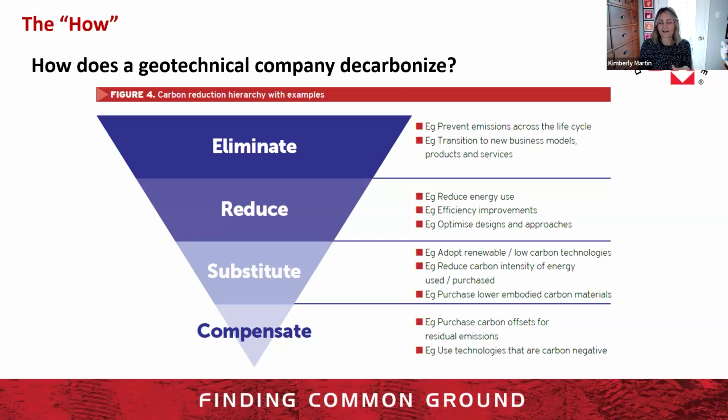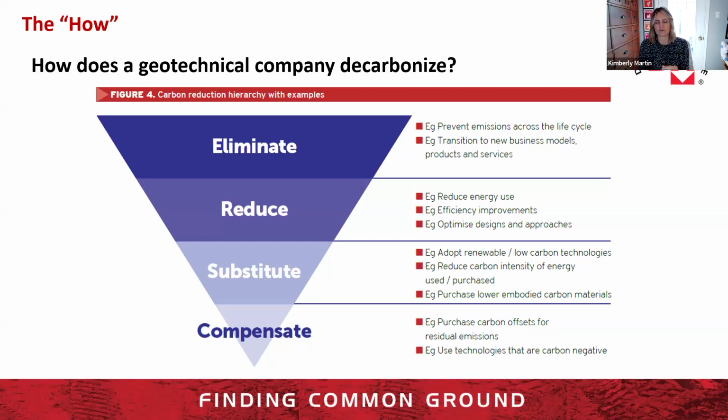Once we know we need to have foundations, then we move on to reduce. This is efficiency improvement and optimizing design. So for example, if we have 100 drill shafts, can we do a load test and reduce the length of each of those shafts by 10 feet? I consider this step to be finding our most clever and best design with a carbon lens to reduce our emissions. Then if we know we have the most efficient design and the most efficient way to install it, then